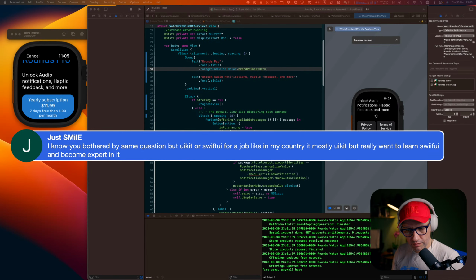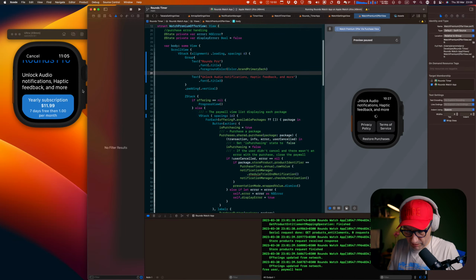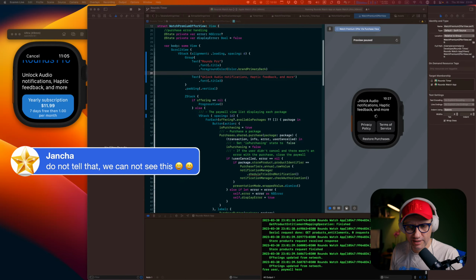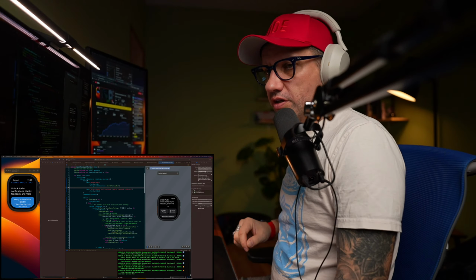But UIKit or SwiftUI for a job? In my country, it's mostly UIKit, but I really want to learn SwiftUI. Well, I started to use SwiftUI in my side projects. I think that's a good way to do it, because just learning. Oh, you can see, okay, we have 27, 28 likes and 1 dislike. It's always curious why a dislike, but whatever. I will say about SwiftUI and UIKit, I was working and